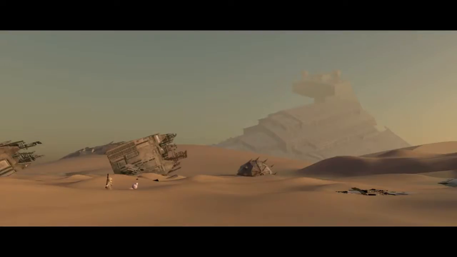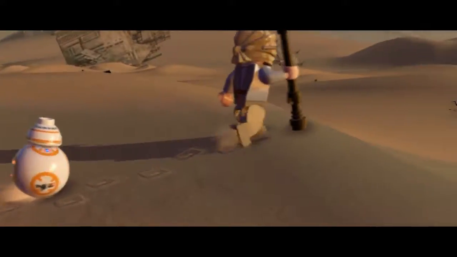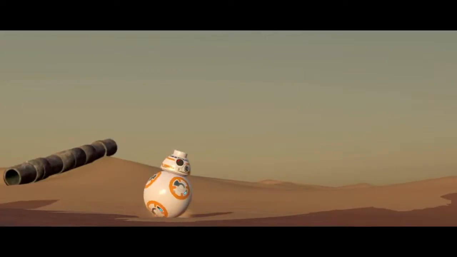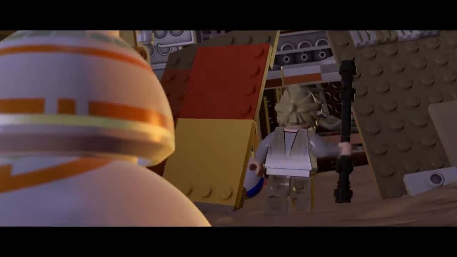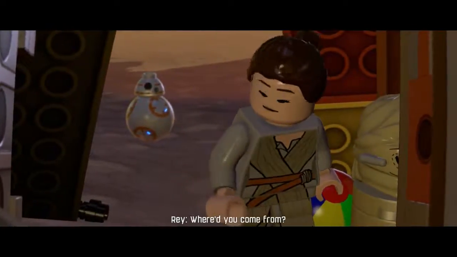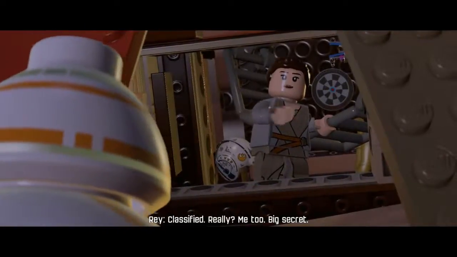Back in the original Lego Star Wars games, you had one dedicated hub. In this game, you actually have multiple different hubs. You have a hub on the Resistance base. You have a hub aboard the Millennium Falcon. And they're pretty big. I don't know exactly how much content is in the hubs, but it gives you an area